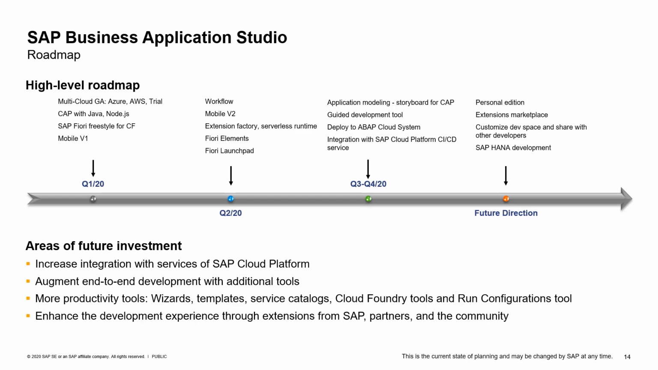We're already in Q3. In Q1, App Studio supported freestyle development of SAP Fiori apps and full stack applications leveraging SAP Cloud Application Programming Model. In Q2, we added additional development scenarios like SAP Workflow, SAP Fiori Elements, extension of SAP Fiori apps, SAP Mobile, and more. Roadmap for Q3 and Q4 include application modeling using Storyboard for full stack applications, guided development tool developing application with the help of interactive guides, where each guide helps with completing a development task, pointing to